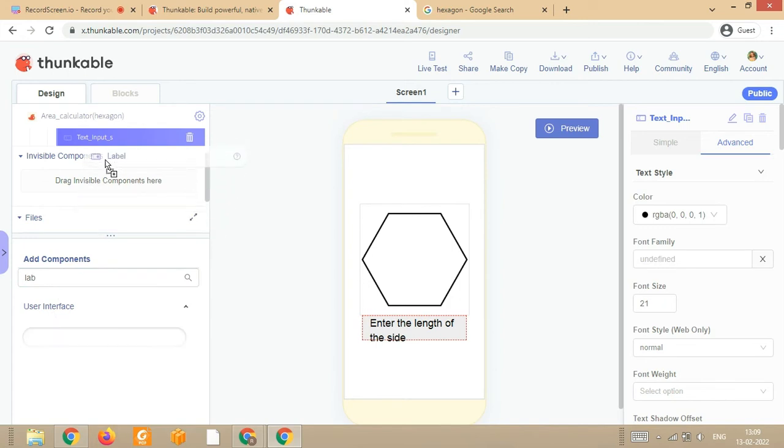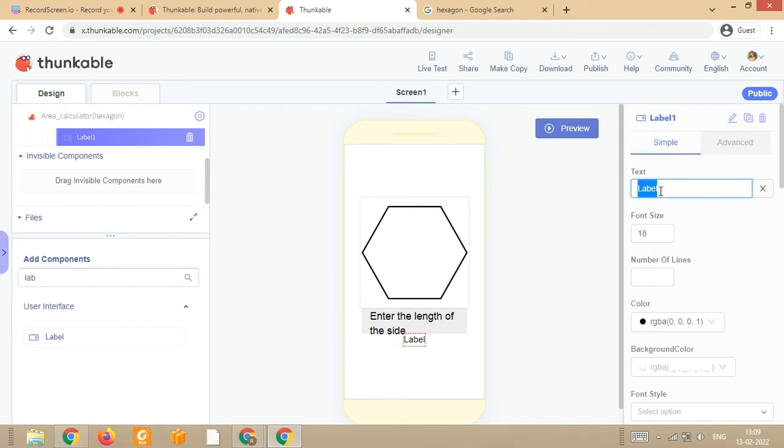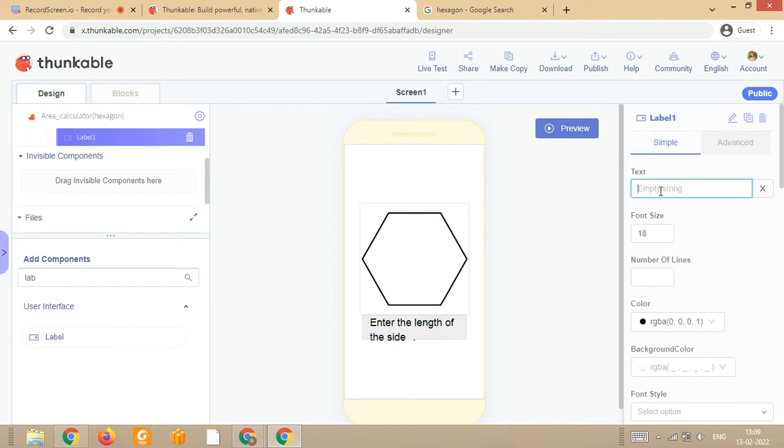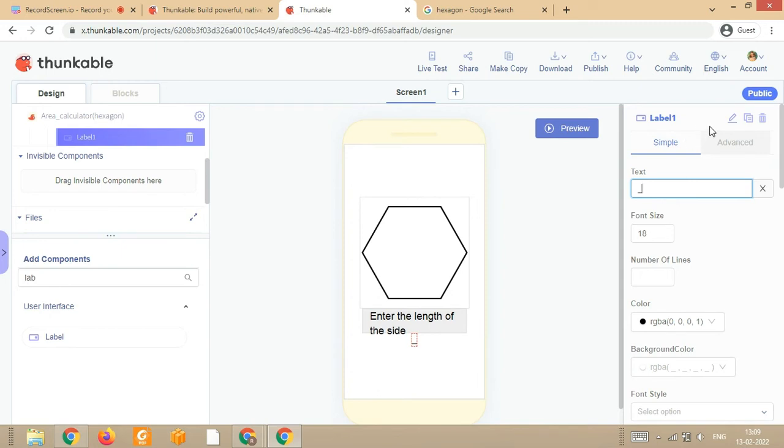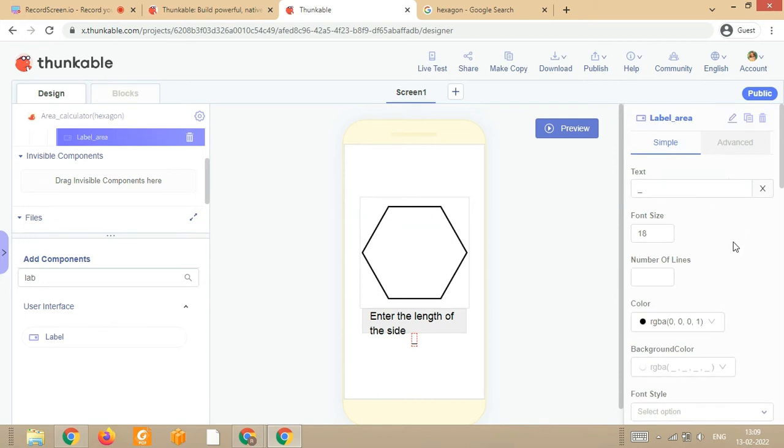Yeah, user interface like this, and we'll put the text as empty for now. Okay, and we'll give this label's ID as label area, and we just keep the text as two underscores, which means it's empty. And here you can change its font style if you want, but I'll let it be like this because it's good. After that, we need one button,